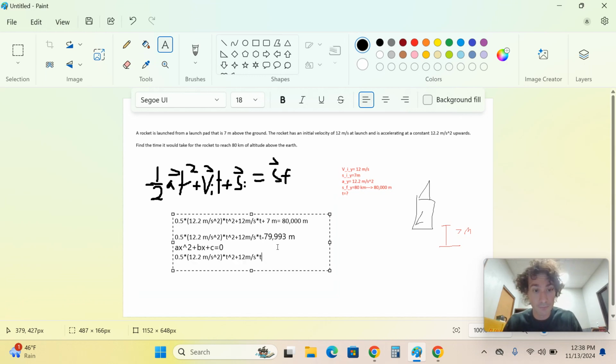So what does that look like? This minus 79,993. And it's negative, and that matters big time. So don't make a mistake and make it positive, because then it doesn't work. This will not work. You'll get a wrong answer. Okay? So equals 0. And now I can cook, so I can put in my A, my B, and my